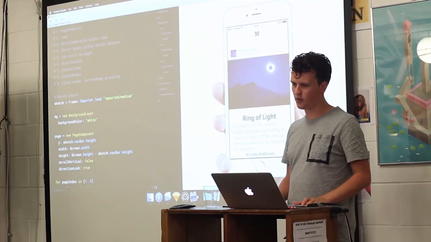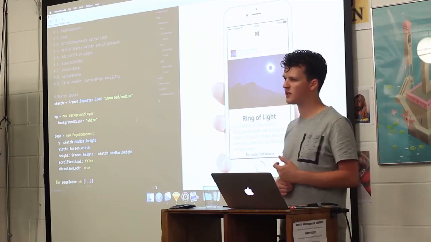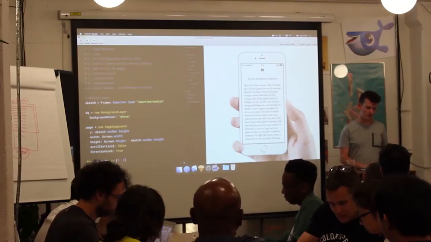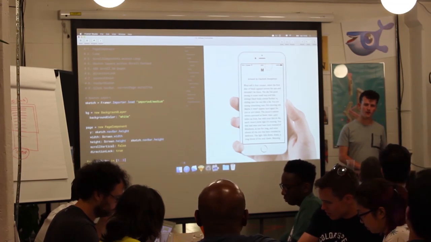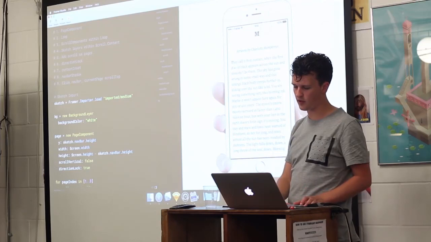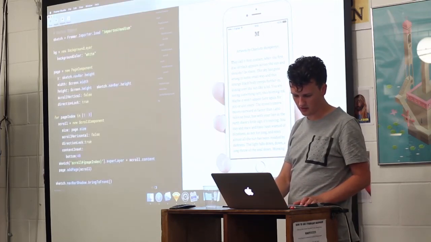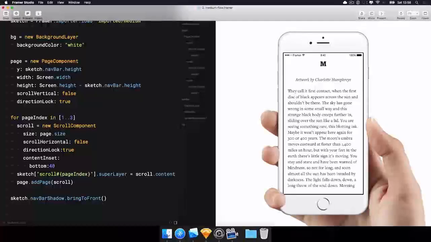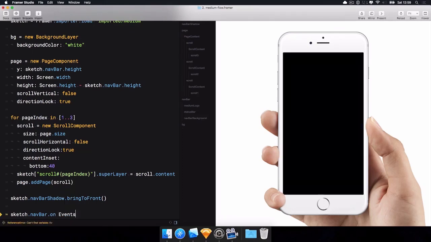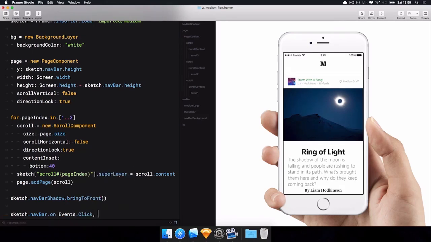There's a thing which is really common on iOS: when you're at the bottom of a scroll view and you press at the top, at the toolbar, it scrolls all the way to the top. We want to have the same effect right here. So I can define an event on the navbar. We're going to do sketch.navbar.onEvents.click,